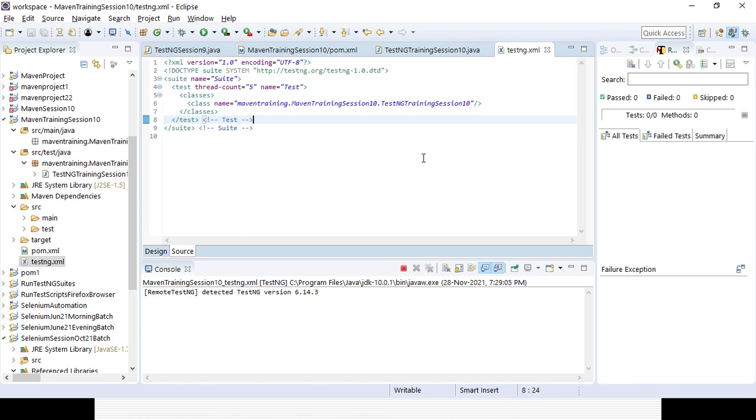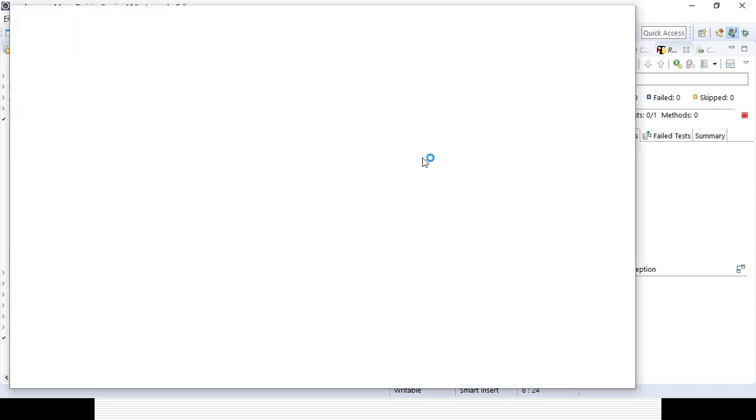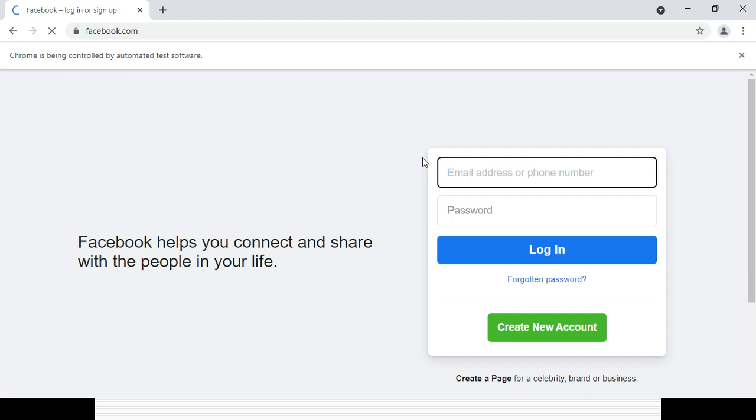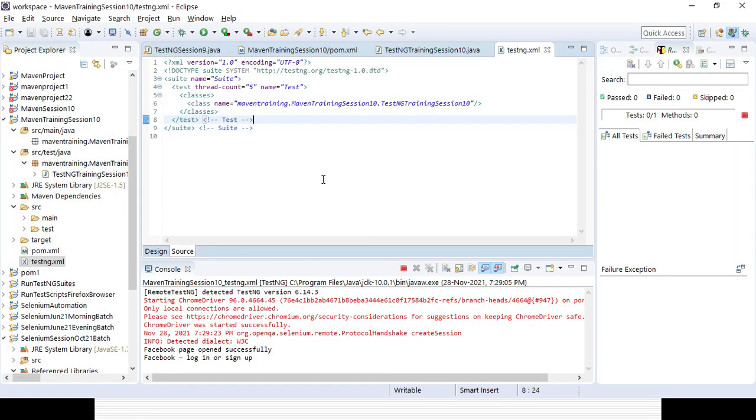But definitely I will not be running it from the testng.xml file, because I am creating the Maven project and I am trying to run everything from the pom.xml file. I want to run based on the pom.xml file setting. So definitely I will be adding the dependency as well as for the build, because it is a build validation and dependency management tool. So I want to validate the build, and I want to add the dependency from the Maven project. So you can see still it is same, right?